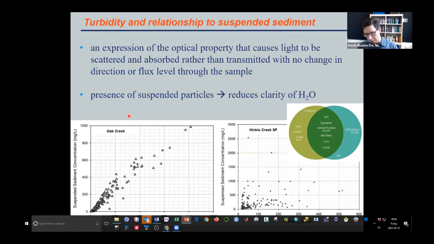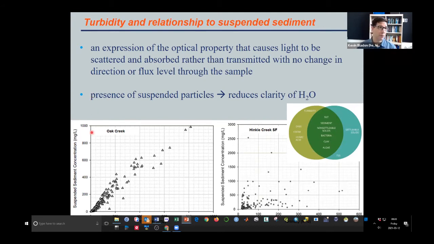Many of you, I know there's a really diverse audience, and so before we get into this, I just want to make sure we're on the same page in terms of what turbidity is and how it is related to suspended sediment. I think many folks think these two are very strongly related to each other, and in some cases that may be true. But turbidity, for those of you less familiar with it, is simply a measure of the scattering of light and may be due to the presence of different suspended particles, but those suspended particles may or may not be